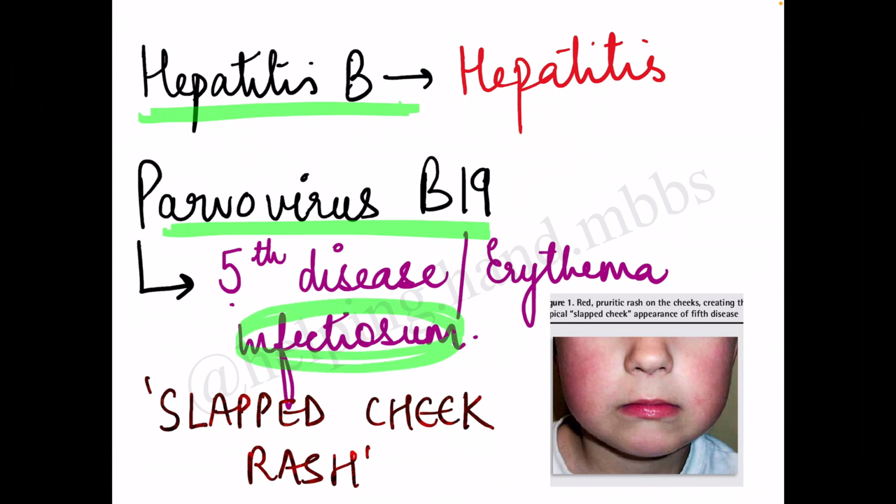See, there are many erythemas, like erythema nodosum and all of that. So try to remember that parvovirus is a virus. It is an infection. You can remember that it causes erythema infectiosum. And there is a characteristic slapped cheek appearance associated with it. I have put up a picture. I hope that you can understand that this is a picture of a slapped cheek appearance which is associated with parvovirus B19. It looks like the child has been slapped.